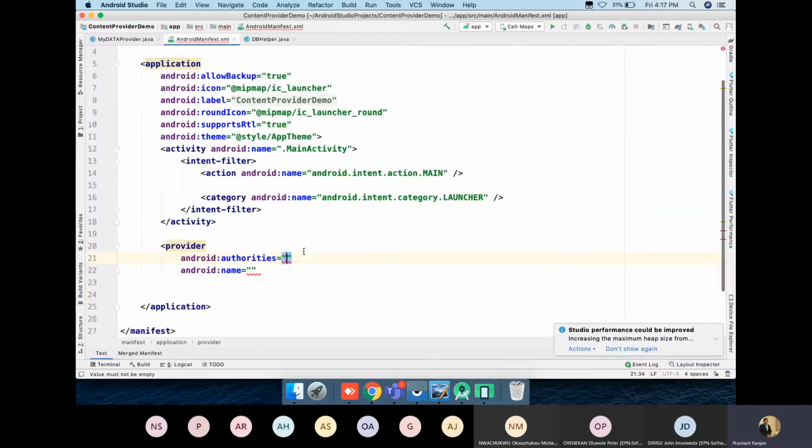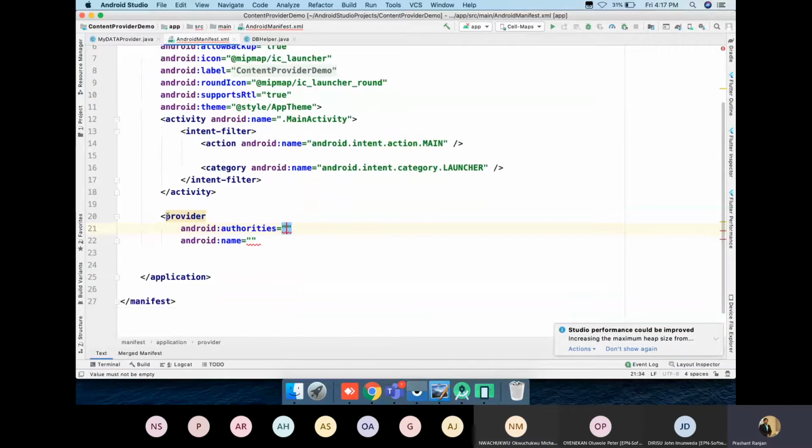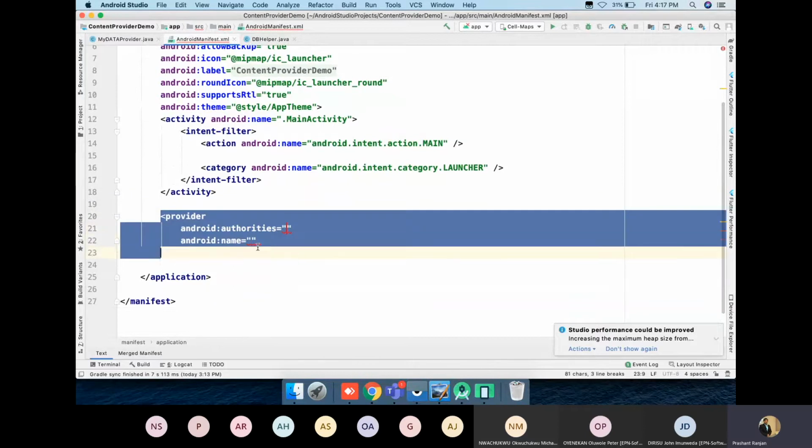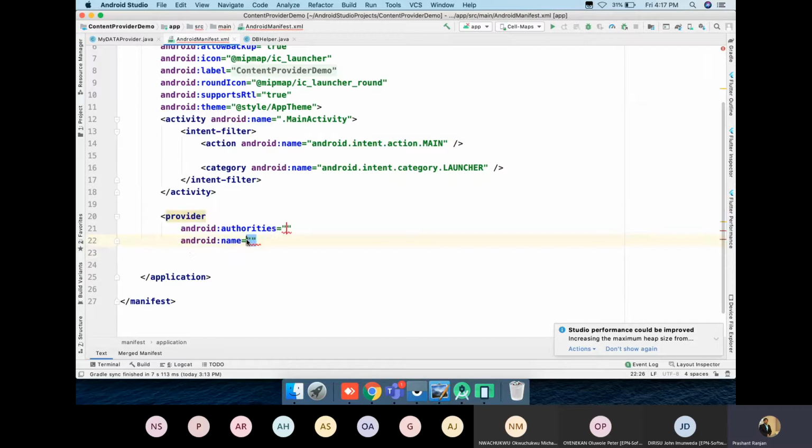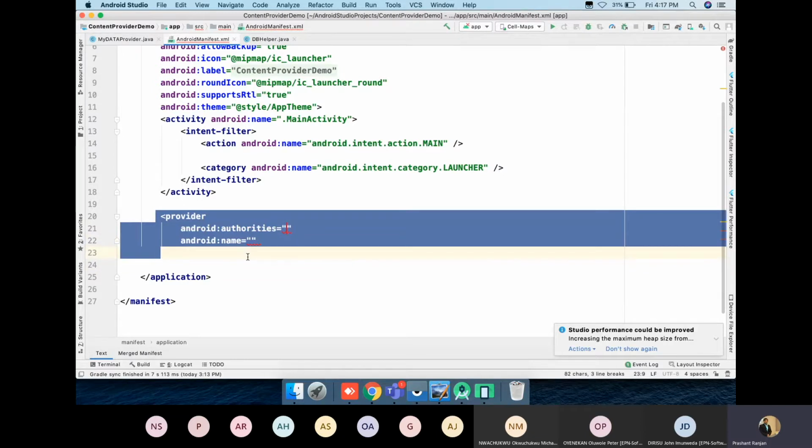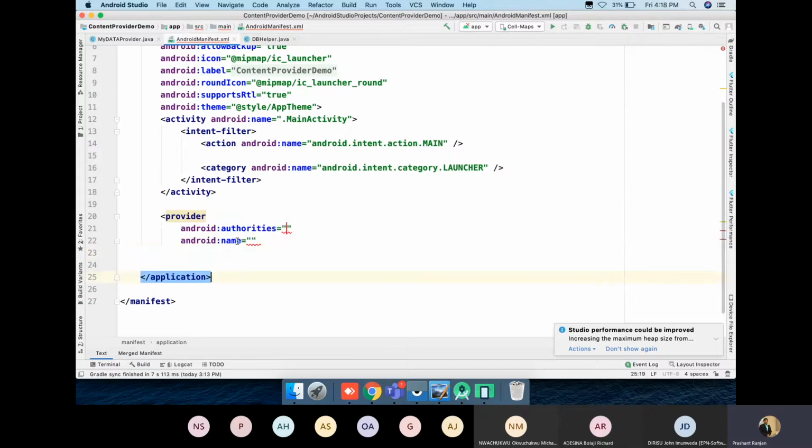Okay, so we have to do the registration in the Android manifest. If you don't do this one operation, your content provider will be created, but no other application, even itself, will be able to communicate. So this is important. As you have created the services, you defined the services information inside the manifest. We are working with an activity, and we have provided information of the activity inside it. Same way we are working with the content provider, and we have to provide the information.